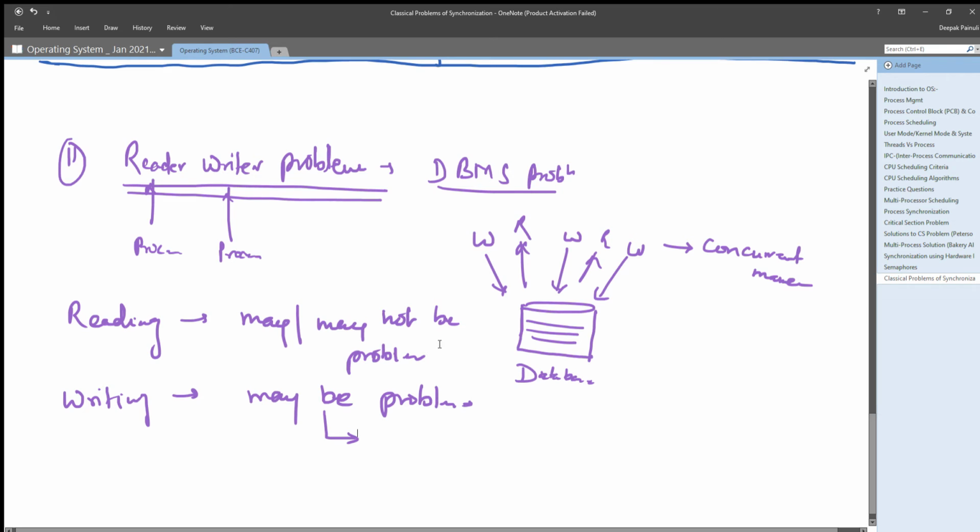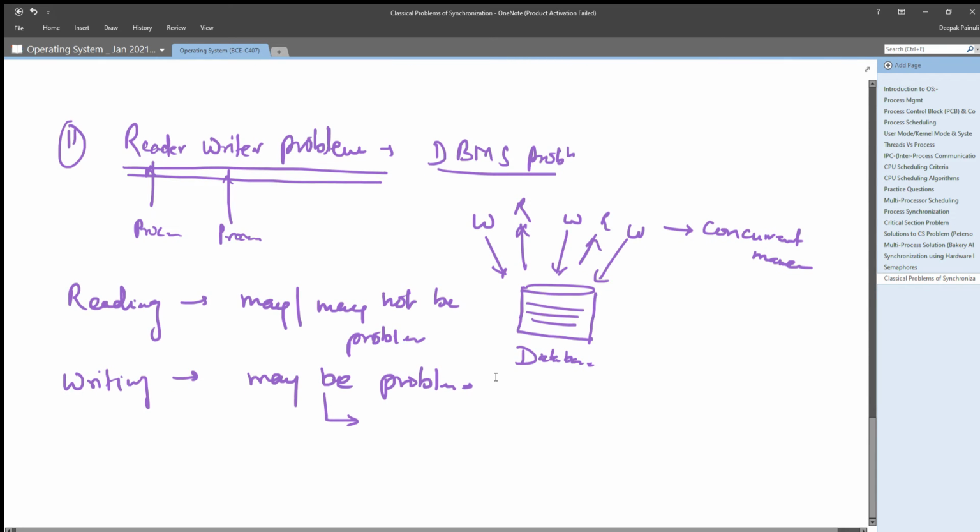So what we want is that at the time of writing, no other process tries to enter its critical section or tries to write on that particular variable on which the current writer is performing the writing operation, right? This is the important one.